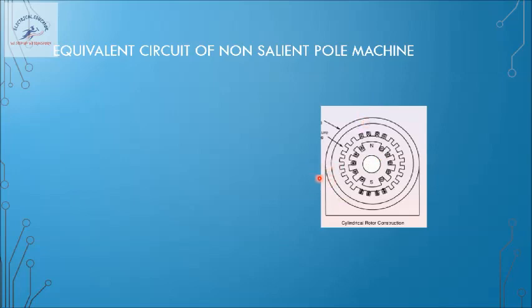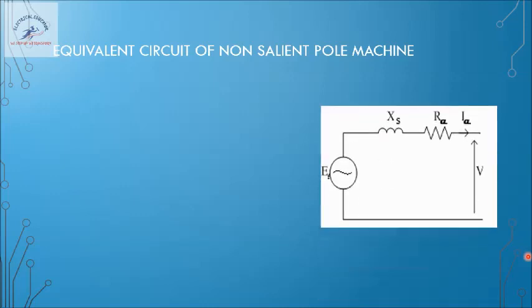The whole system can be referred to the stator side, because what happens is there is a DC supply given, there is a magnetic field created, and it is rotating. It induces an EMF on the stator side. So we are considering only that aspect for our analysis. The rest of the things, for the time being, we are not considering. Because of the field winding or the supply given to the field, an EMF is induced in the stator armature. Whether it is working as a generator or motor, this EMF will be induced.